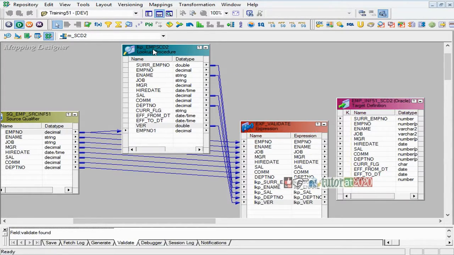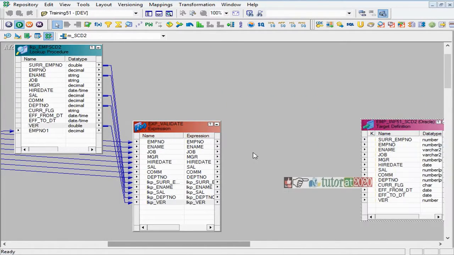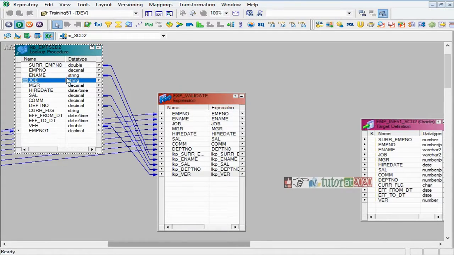And this will also help you tune your performance, because I'm not bringing all the records, I'm taking only whatever I want. So the cache will be reduced, and it will help you compare directly with the latest records. So this logic remains the same, and I will not have any problem here.